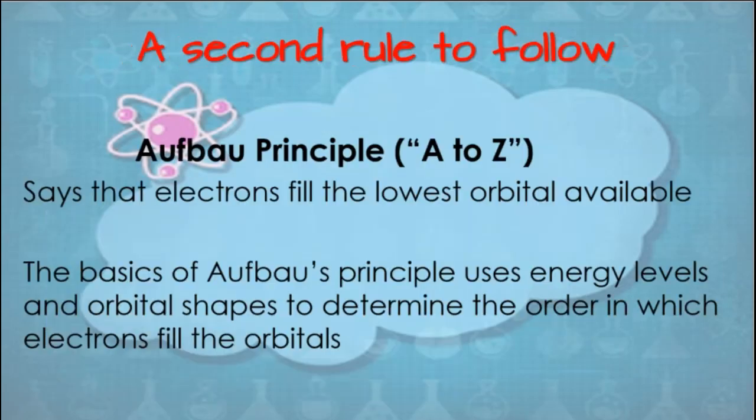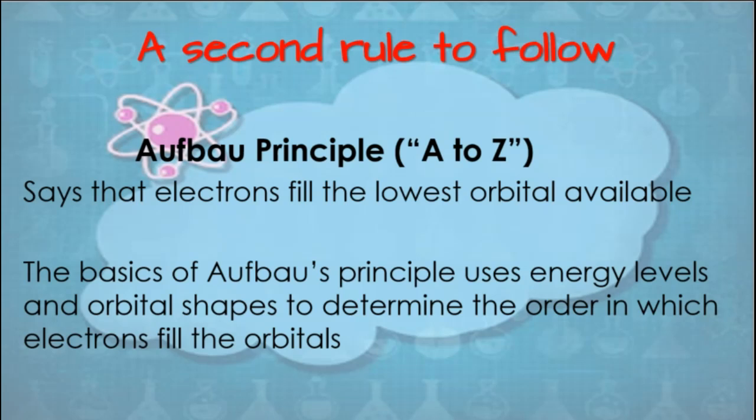All right. So there is a second rule. We talked about this kind of at the very beginning, and I said we were going to look at it later. This is known as Aufbau's rule. It basically says the electrons have to fill the lowest energy orbital available. So what we're going to do, and we'll learn a lot more about this when I get back,